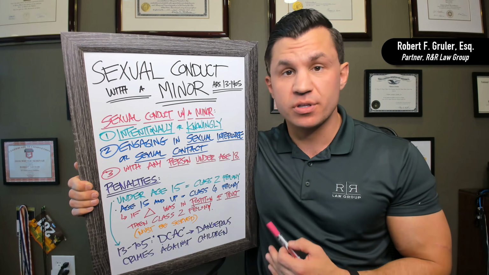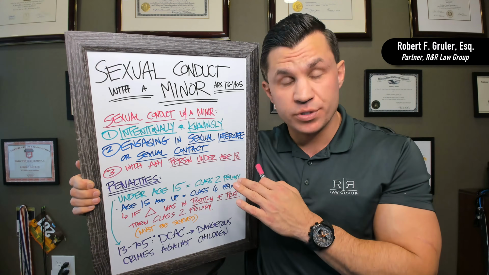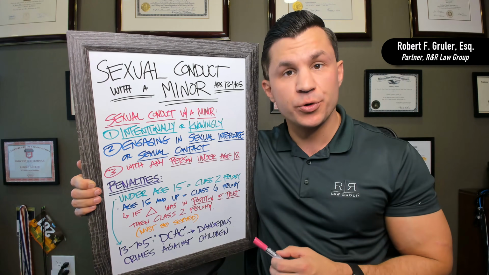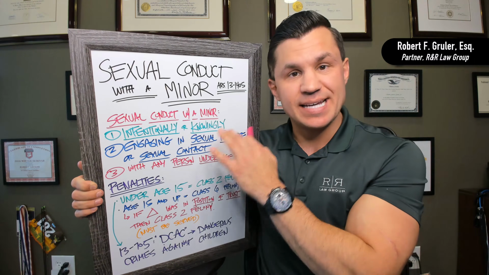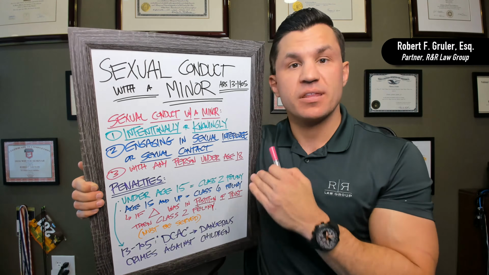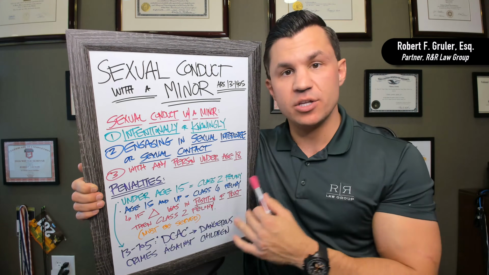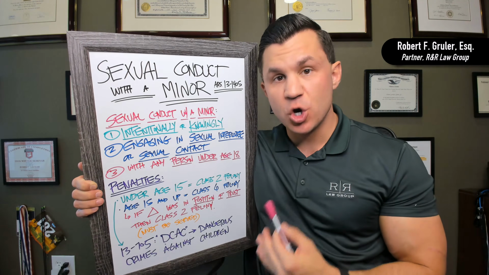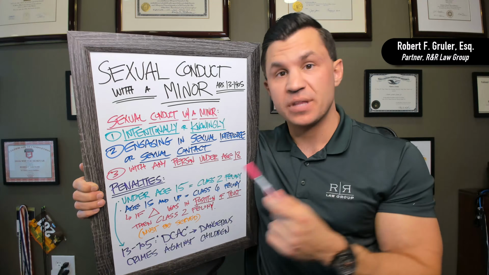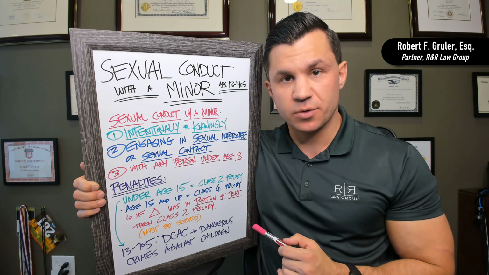So first and foremost, the law is housed in Title 13, Chapter 14. It's 13-1405. If you go to that statute, you'll see a big long sentence, but what we're doing is breaking it down so we can attack each element individually. First and foremost, in order to be charged with this, the conduct that's alleged needs to be done intentionally or knowingly, meaning you can't do this accidentally. You have to know what you're doing. So either intentionally or knowingly, that's the mental state that a person has to be in order to be charged with sexual conduct with a minor.